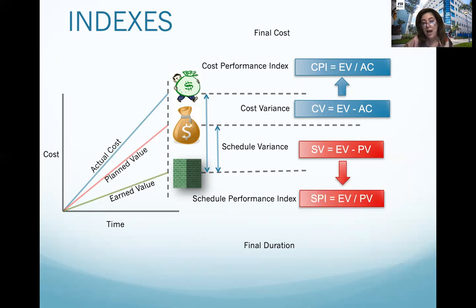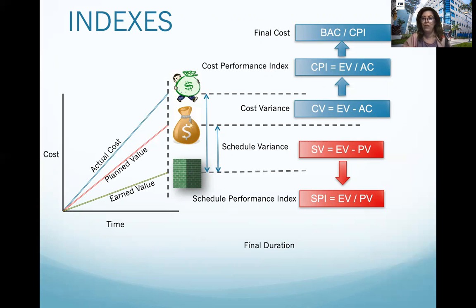So the SPI, which is the schedule performance index, is the earned value divided by PV. Listen, how can I know that? Just memorize, just understand the concept, and then you will be able to apply the formula and make the final interpretation of the results. So the final cost, which is the estimate at completion,